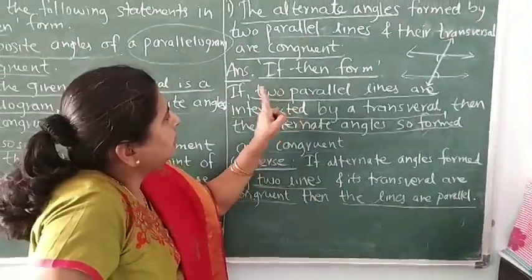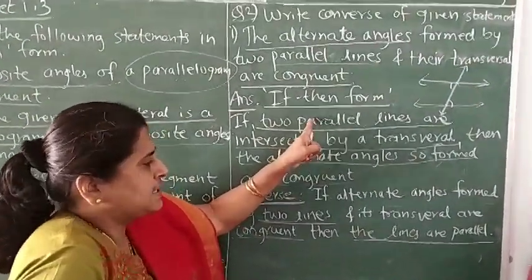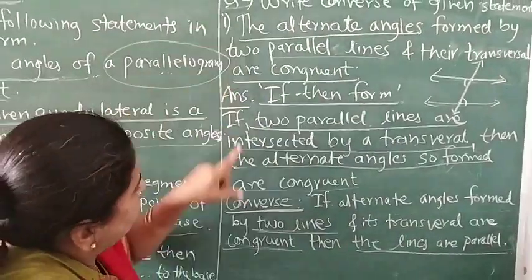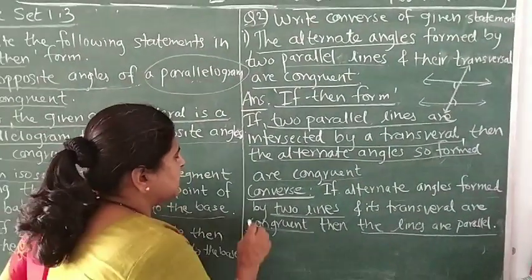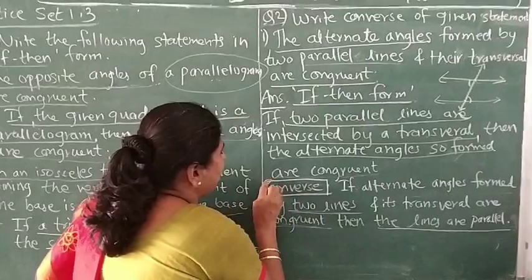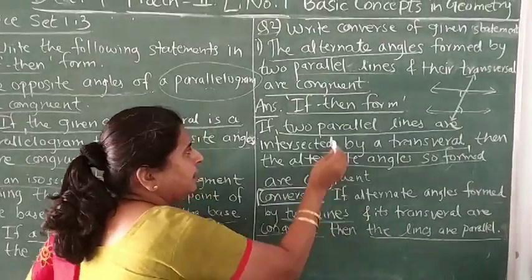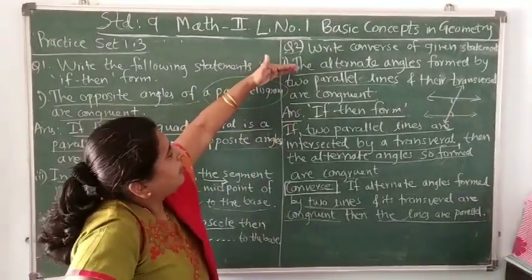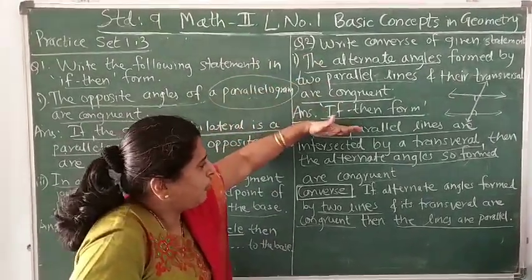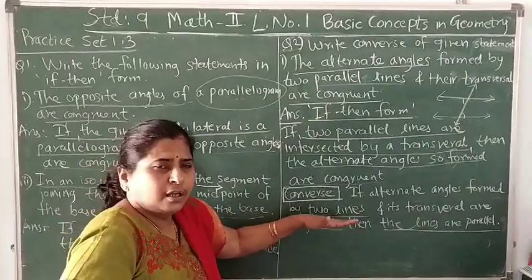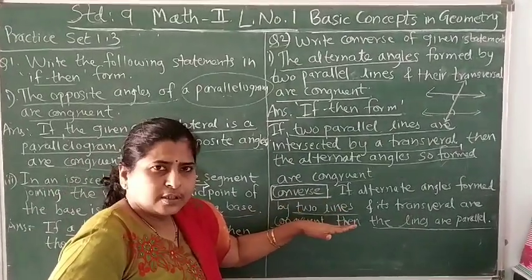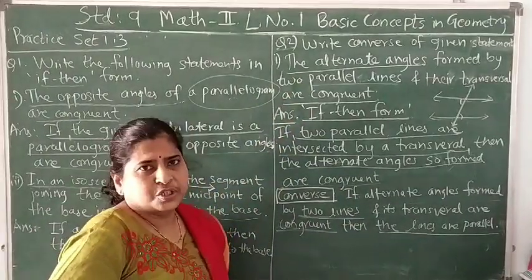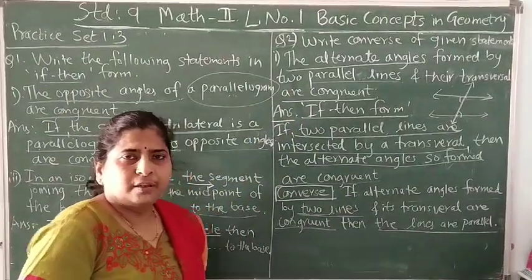So here the word parallel has come in the antecedent, and here it has come in the consequent. In this way we have written this answer. This is the answer to your given statement, but to write it in a proper way, we need the if-then form first. So we have written the given statement in if-then form, and then converted that into its converse. In this way you can write the remaining two questions from question number 2. Thank you.